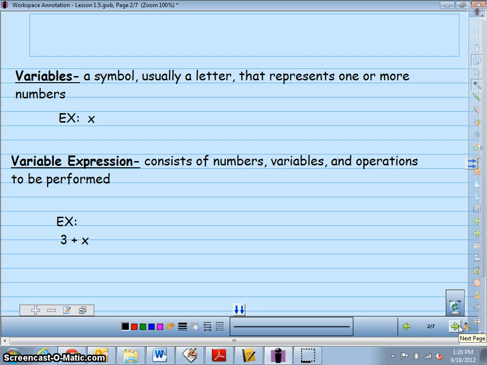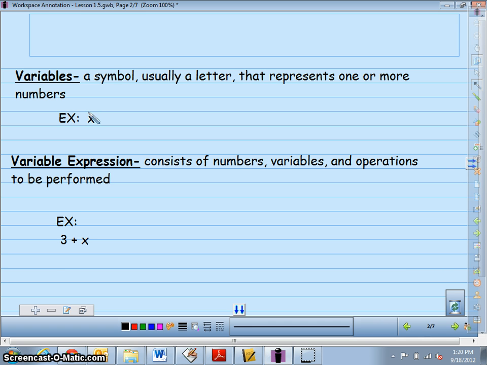First things first, we need to know that variables are simply just a symbol, usually a letter that represents one or more numbers. So you're used to seeing the letter X probably in some of your problems. Some of you get a little fearful when you start to see letters in your math problems, but it's nothing to be scared about. We start pretty basic, and quite honestly, you've been doing variables for a long time and you probably just didn't even know it. But whenever you see a letter, just like this one right here, this X,